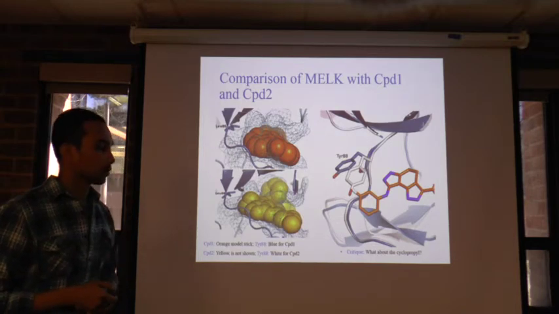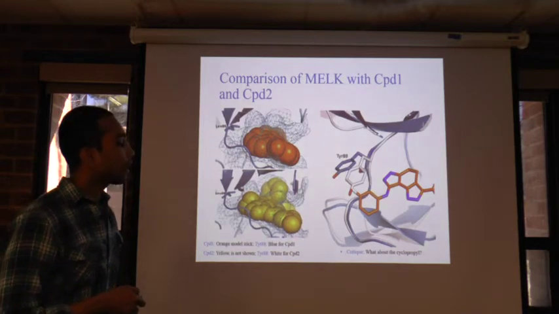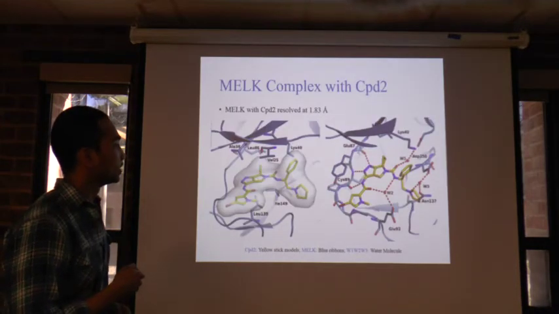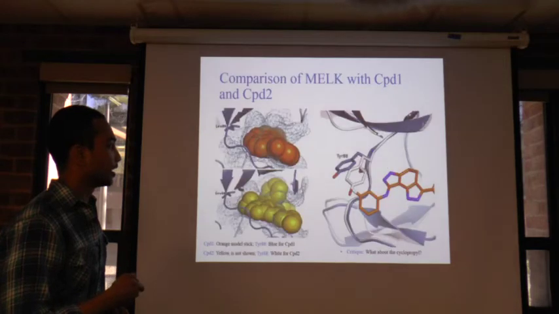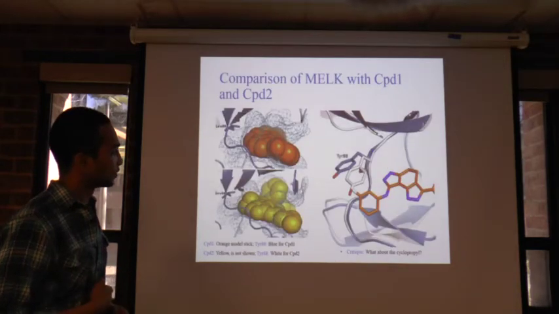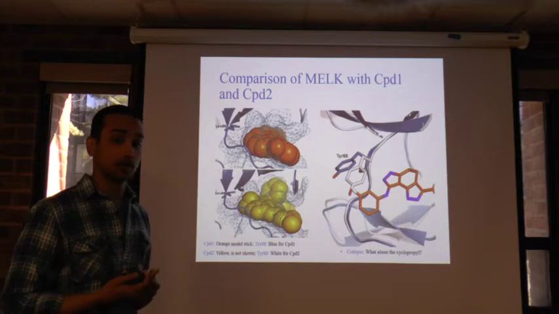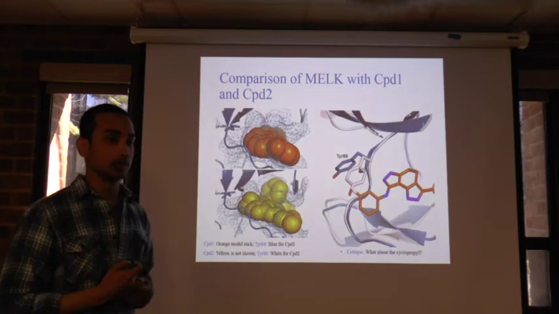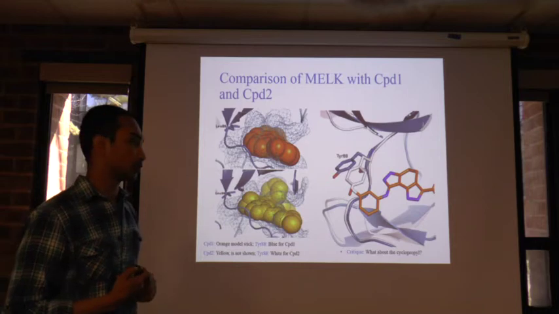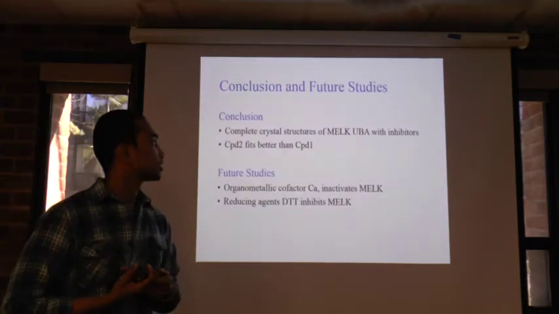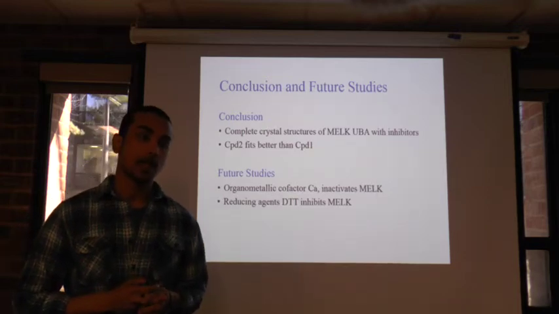But my question, my takeaway here, is what about the cyclopropyl group that they have shown right here, which is also forming a little bulge? They haven't mentioned anything about the cyclopropyl group. I would have liked to see it mentioned in the paper. In conclusion, what we can say is that crystal structures of MELK with AMP-PNP and with